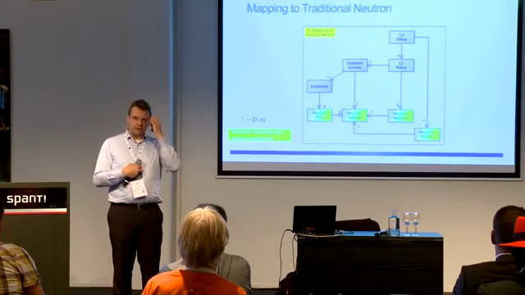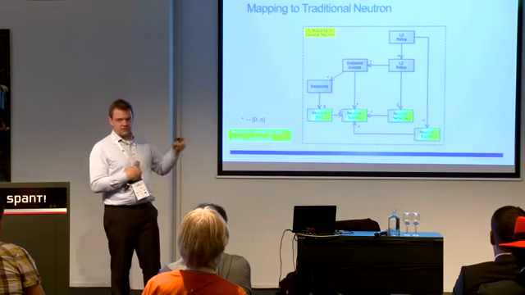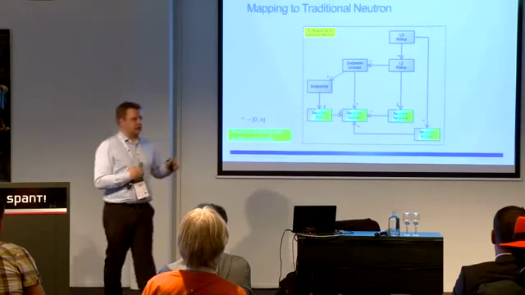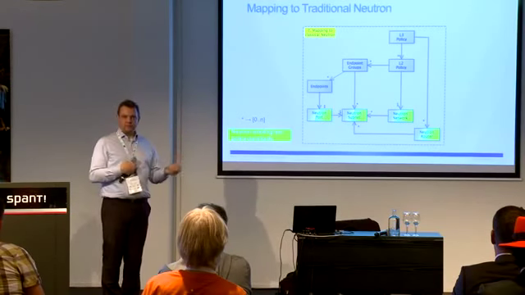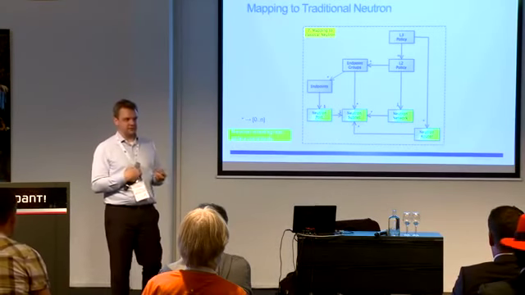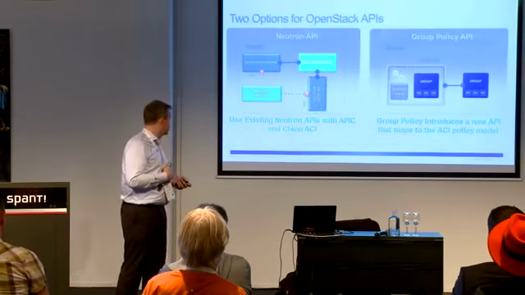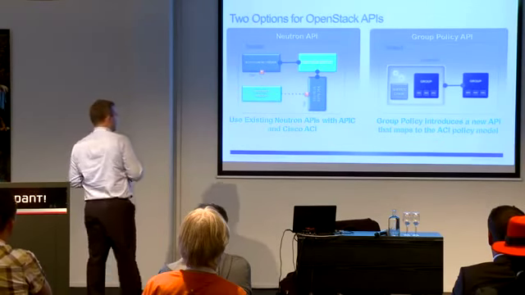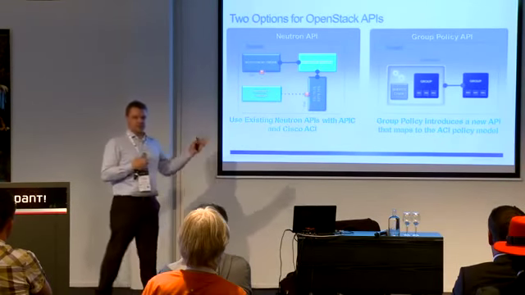Oh, where do I need to put my machine if I want to have a load balancer server, stuff like that. We said, okay, if we want to change that, then we need to submit a new way of working. And that's what we've done for Juno. So the Juno release will have the group policy API. And the group policy API will actually work in the same way as I just explained to you.